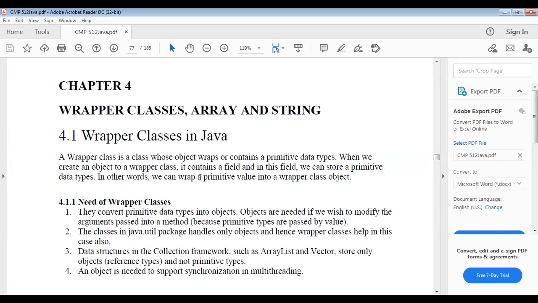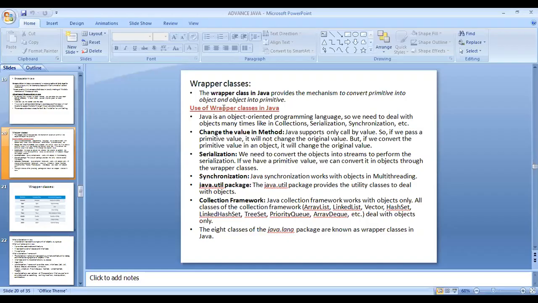In other words, we can wrap a primitive value into a wrapper class object. The wrapper class in Java provides a mechanism to convert a primitive into an object and an object into a primitive.